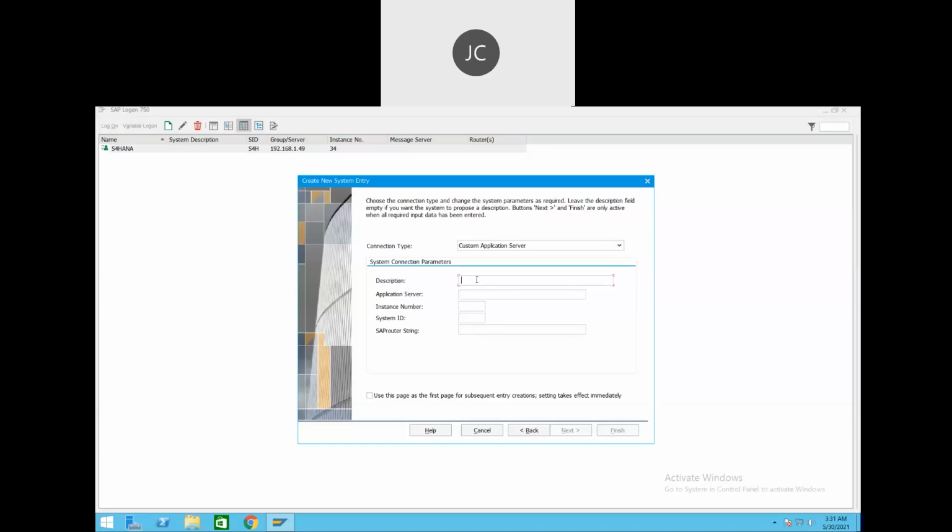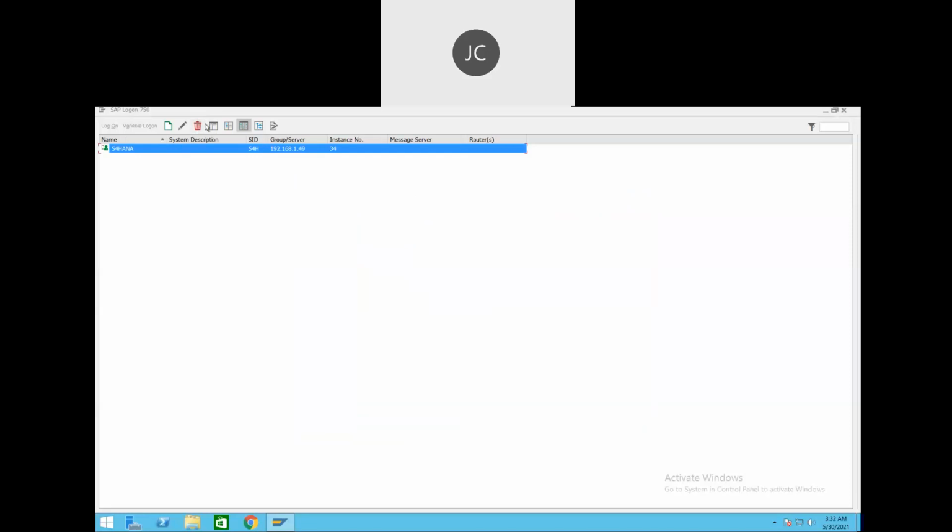Otherwise, for a Windows standalone application, this works because many times we are working with the company network, so VPN and all those things are there. Right now we are accessing through web servers, and we are on that VPN. That's why we are able to access this system. Using this screen, we can include any connection type when we want to add any other server, if this information is with us. And if you want, we can delete also.